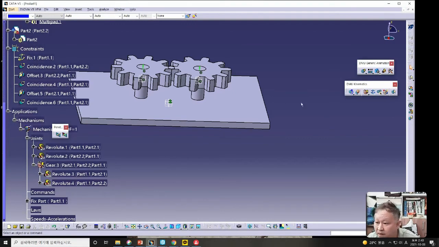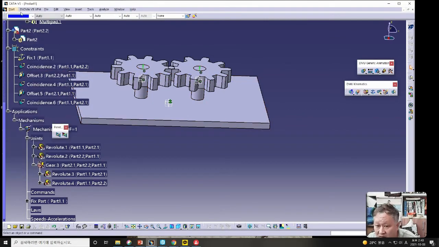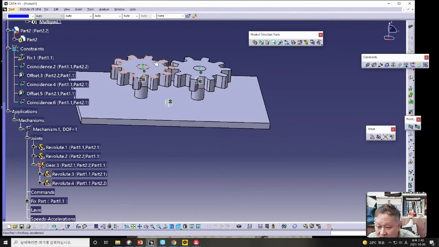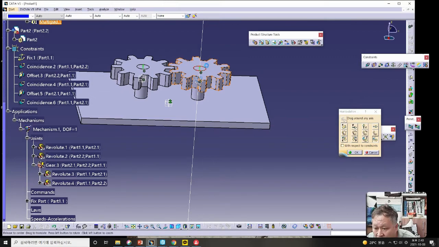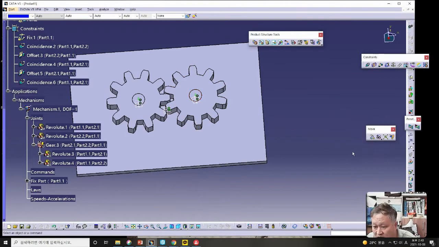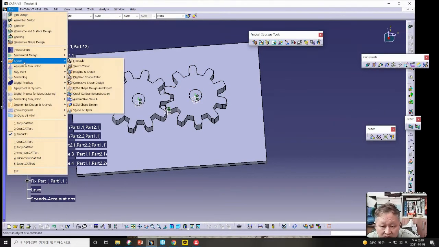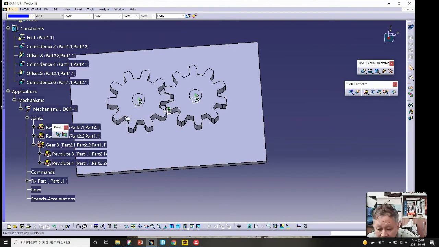Then in some cases I go to the assembly design once again, and please manipulation, and some part should be rotated like this, and again we should enter the detail mode of DMU Kinematics,